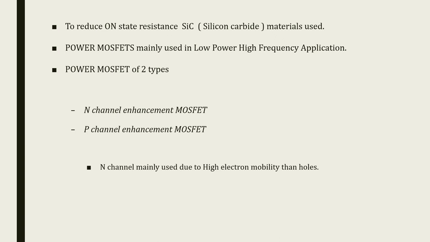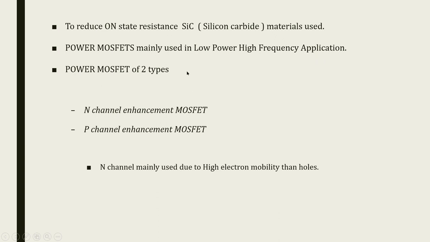Okay. Also, power MOSFET is mainly used in low power, high frequency applications, just as we told. Low power because it will have high on-state resistance, so losses will be high. So it is majorly preferred in low power applications, and also high frequency because it has only majority carriers. Switching action will be faster in case of power MOSFET. So power MOSFETs are mainly used in low power, high frequency applications.